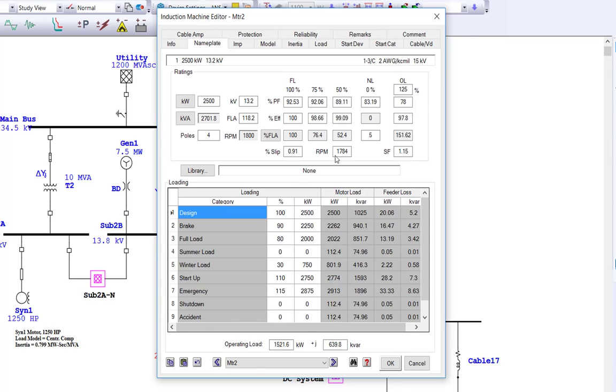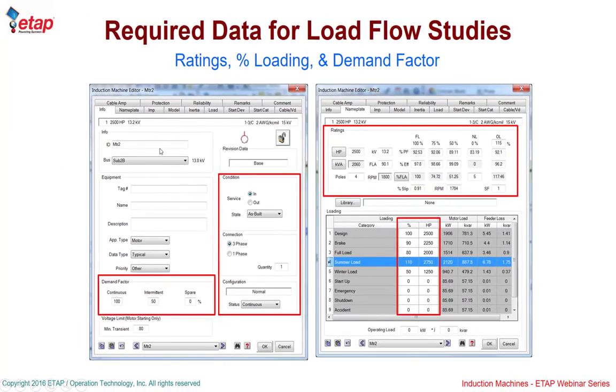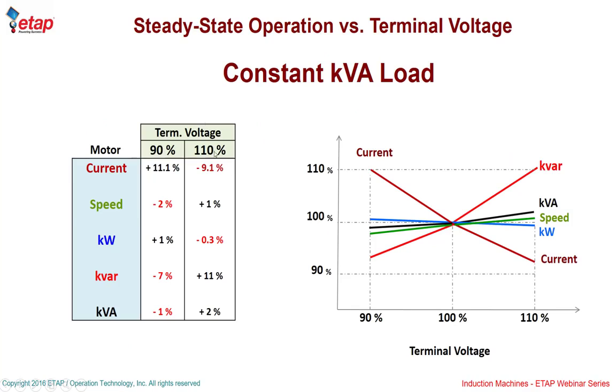We're going to come back and do more on these, but right now let's go and see how a motor operates in ETAP. So when I go back to my PowerPoint, under steady state operation, we say a motor is running as a constant kVA load. And what makes that